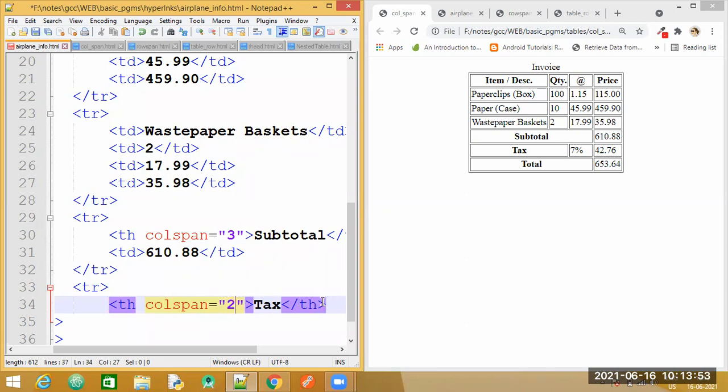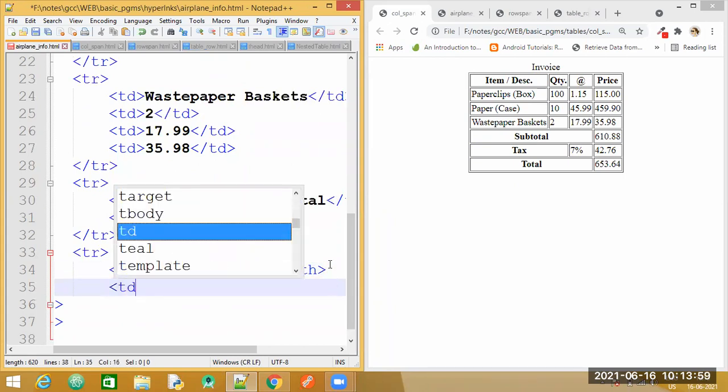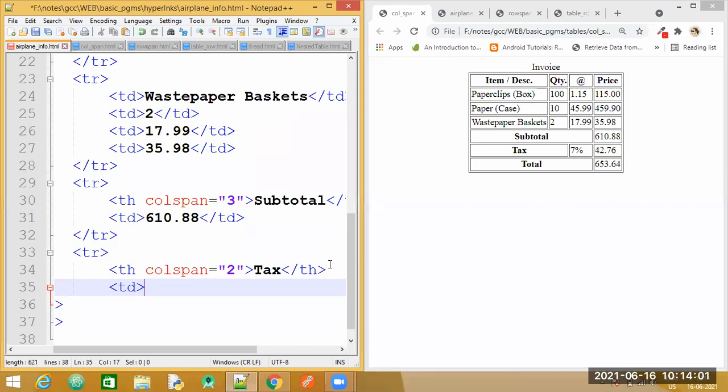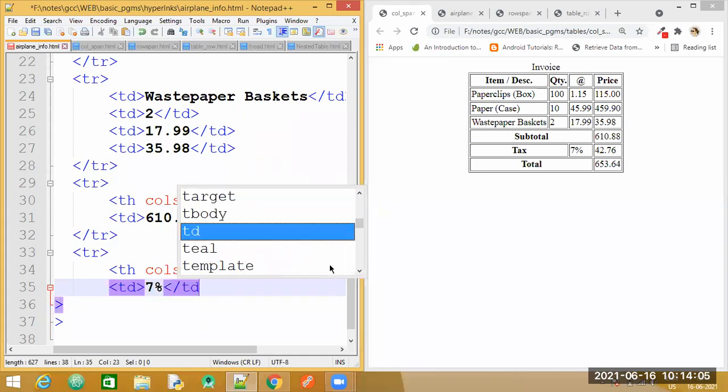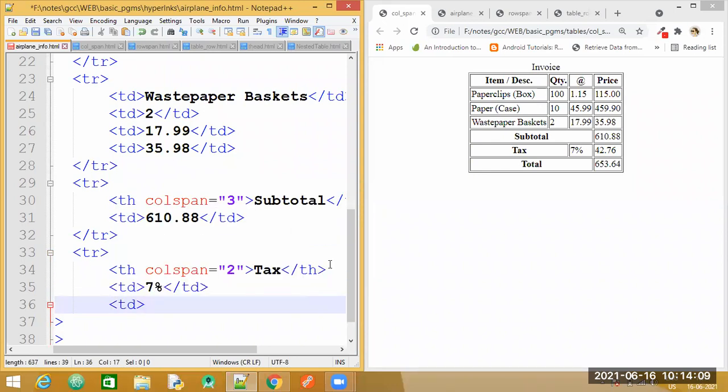And similarly, we require 2 more TD tags there. Yet another TD tag to specify the value.